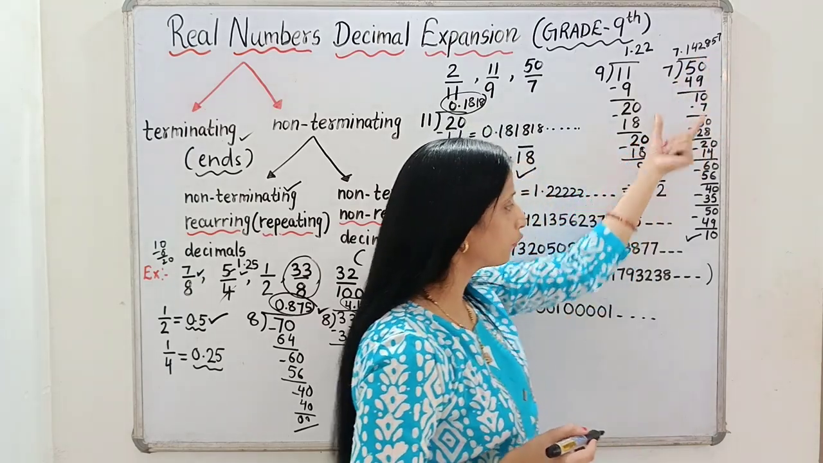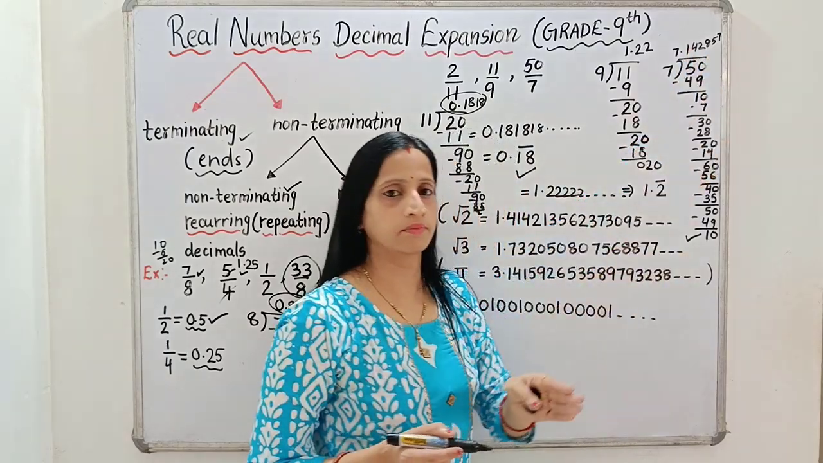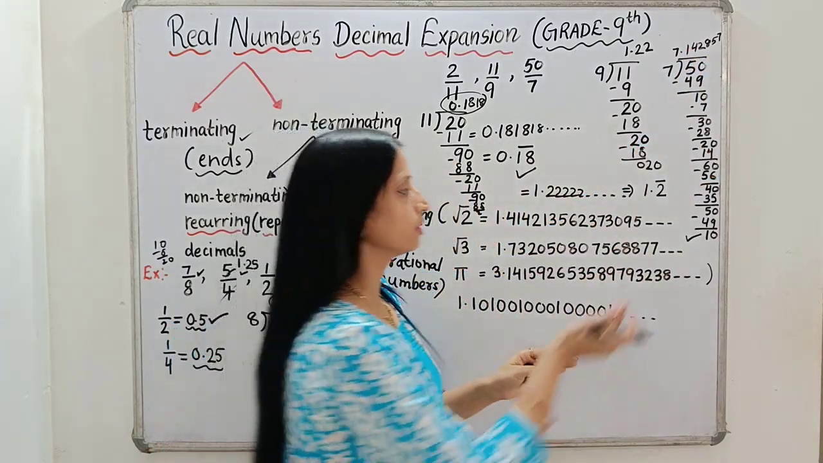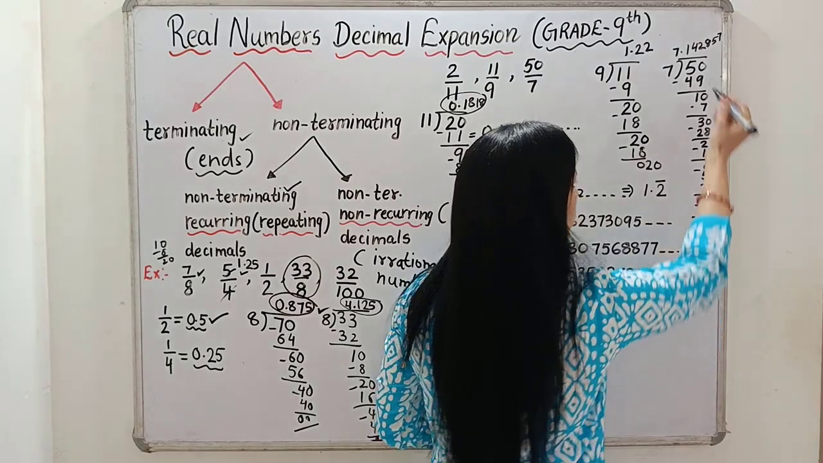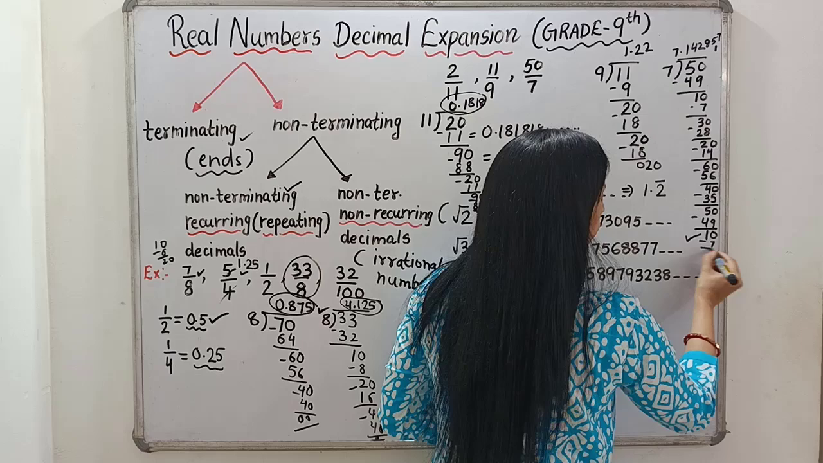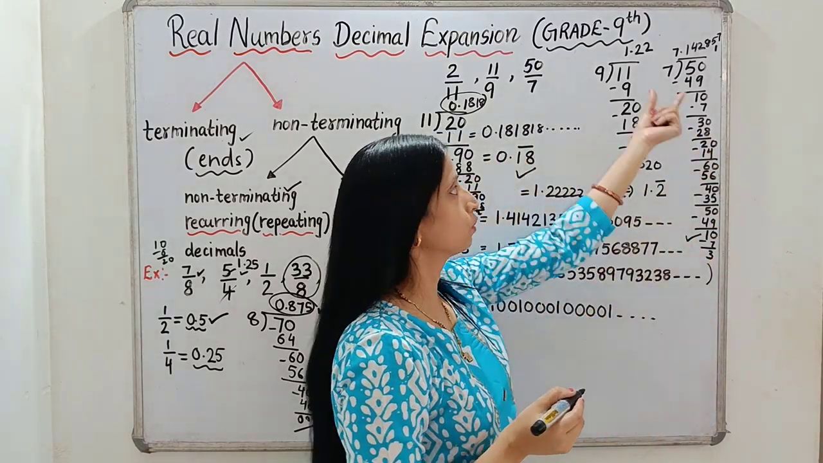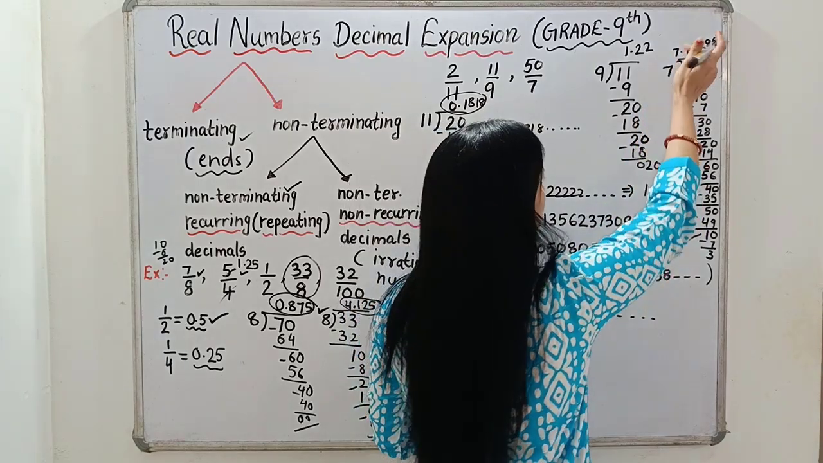7.142857. If we divide it further, we will get the same digits again and again. So instead of dividing, you can just do one more step. 7 ones are 7, to cross-check, so we are left with 3. Again we are getting the same thing. Okay, so our quotient in this case will be